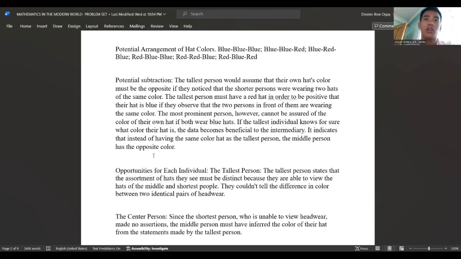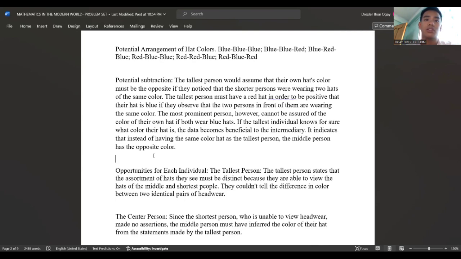The tallest person, however, cannot determine the color of their own hat if both wear blue hats. If the tallest individual knows for sure what color their hat is, the data becomes beneficial to the middle person. It indicates that instead of having the same color hat as the tallest person, the middle person has the opposite color. Tapos dito sa opportunities for each individual, the tallest person states that the assortment of the hats